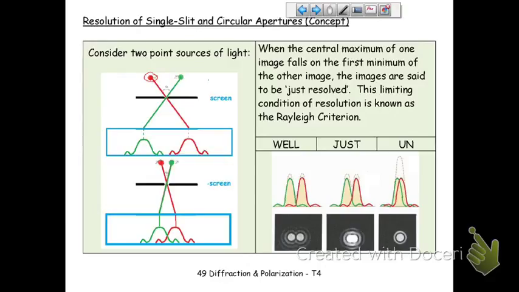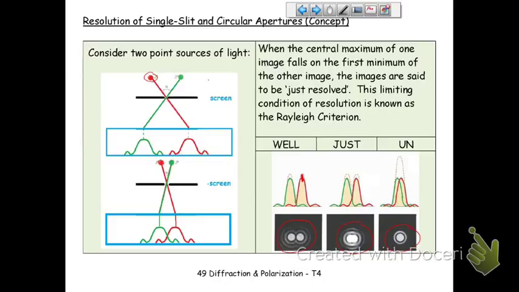When the two objects are too close together, you will see an indistinguishable blob. When the two objects are far enough apart, you'll see clearly two blobs. And when they're in between, you'll see a blob with an indication of two blobs. We need a rule to decide when we've really got two blobs rather than one blob. And so we make up rules. What we say is, when the central maximum of one image, there's the central maximum of the red,